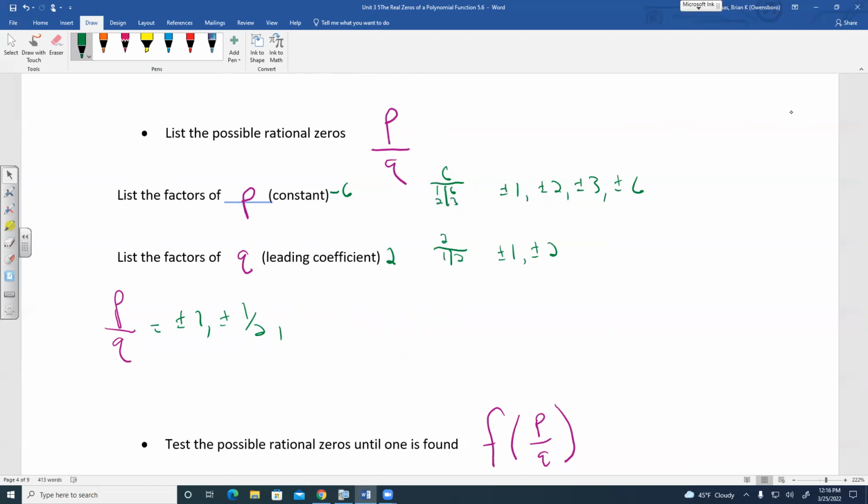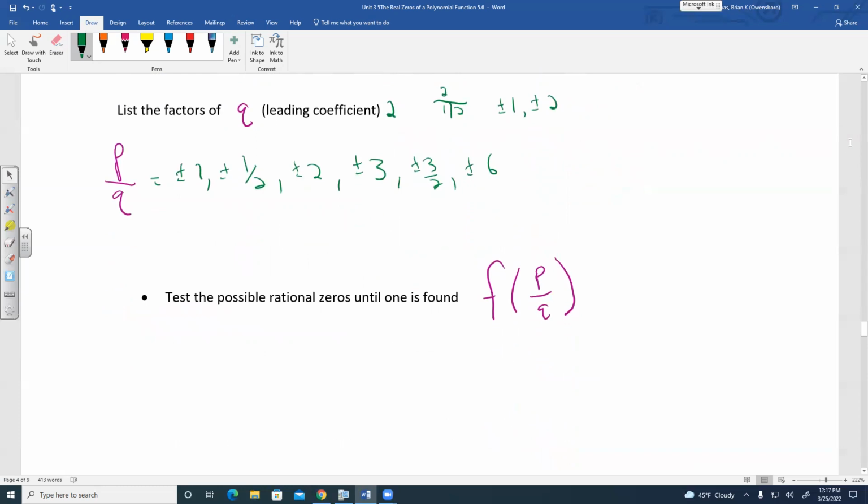Then I move to the 2. Plus or minus 2 over plus or minus 1, or just 2 over 1 would be plus or minus 2. 2 over 2 would be the same thing as plus or minus 1, which we already have. 3 over 1, plus or minus 3, plus or minus 3 over 2. And then we do plus or minus 6 over 1 would just be 6. And 6 over 2 would be 3, which we already have that. So now